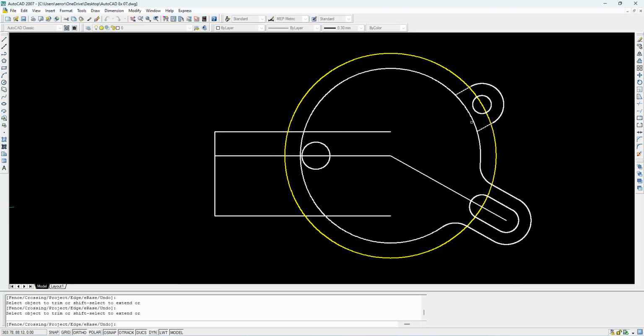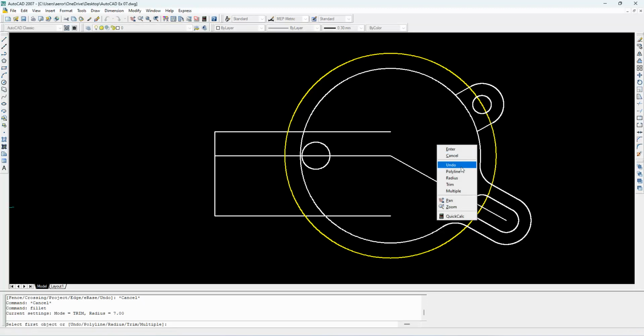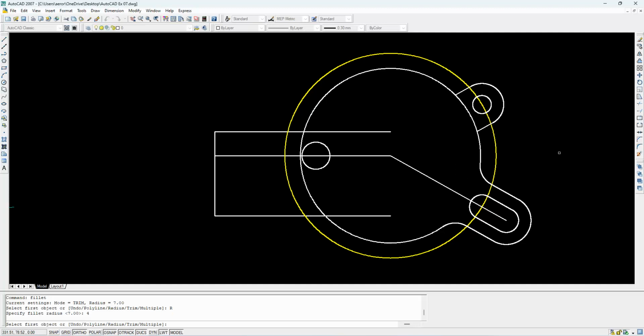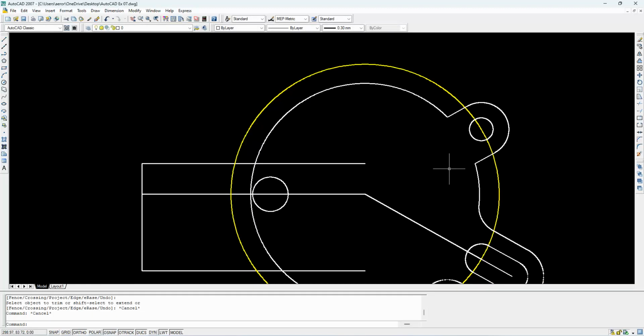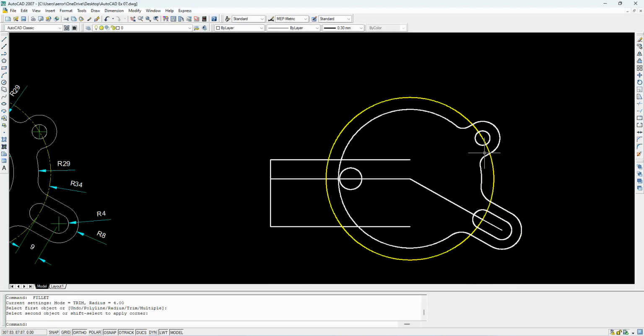After that the fillet radius is 4 mm. So the radius is select, right click it, fillet, right click, radius, you set the radius as 4 mm. Now before that you try to trim. After that you go for fillet, set the radius as 4 mm. Now you select this curve and this line, select this curve and this line. So that thing is over now. Can delete